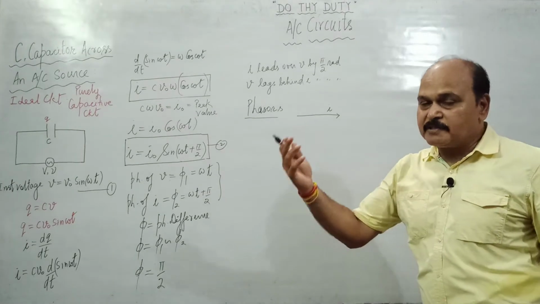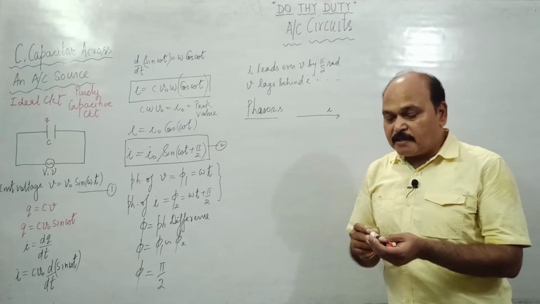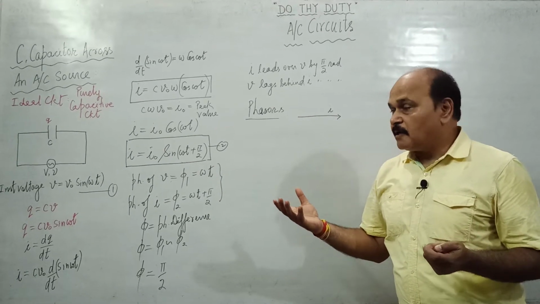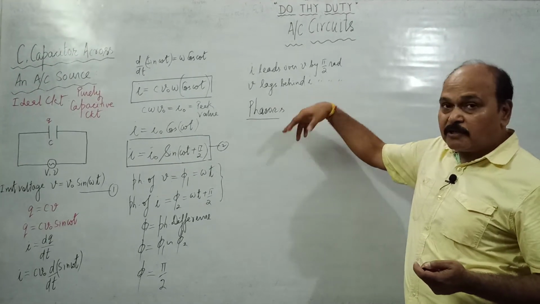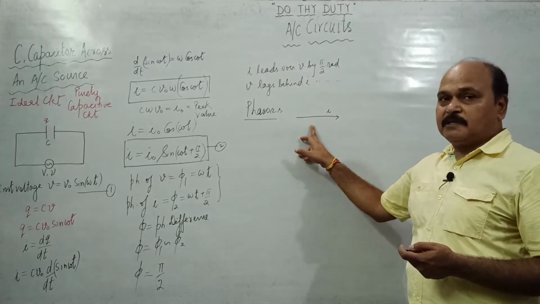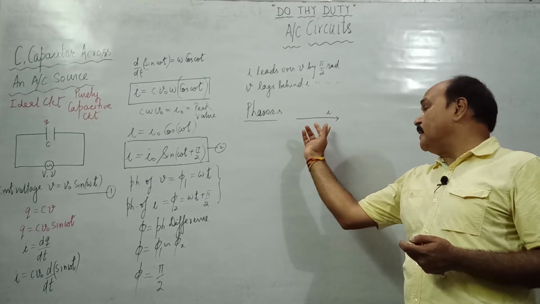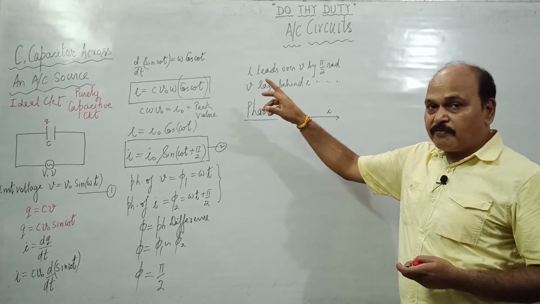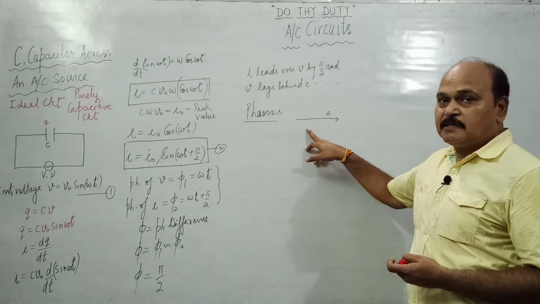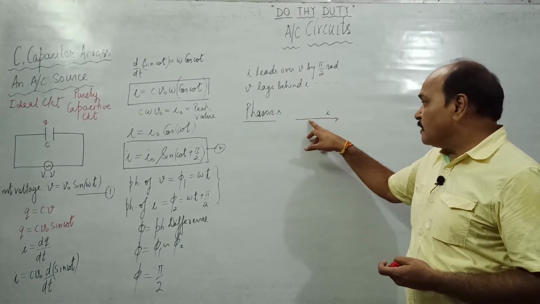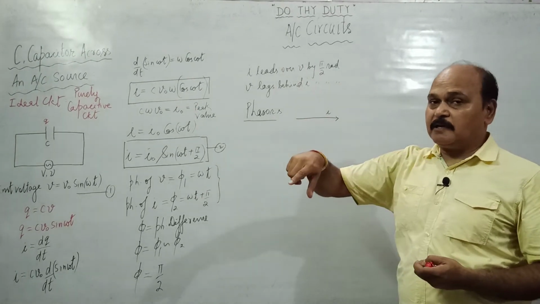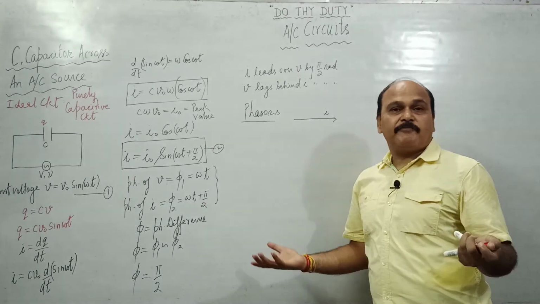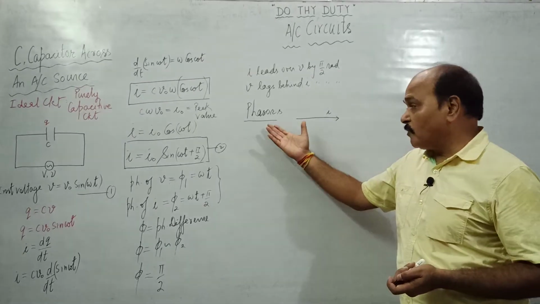Now if we make a phasor along the initial line, then we look at the other quantity. If the phase of the other quantity is more than this initial phasor, then that quantity is made at that angle in the anti-clockwise direction. And if the phase of the other quantity is less than this initial phasor, then it is made in the clockwise direction at the same angle, at the same value of phase. So phasors are made keeping in mind the phase difference between the quantities involved.